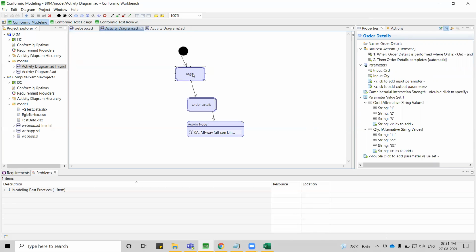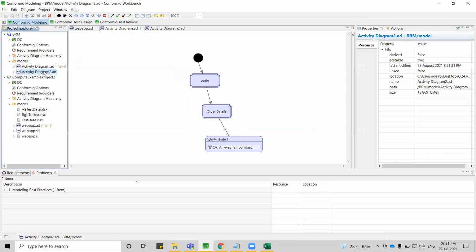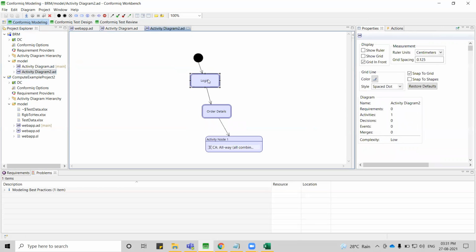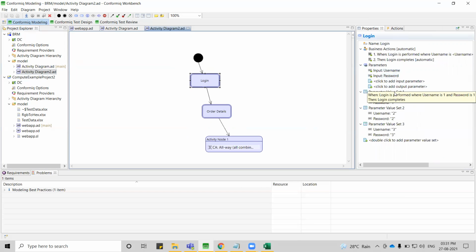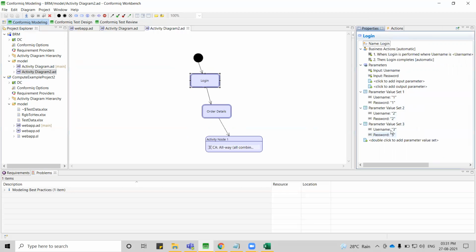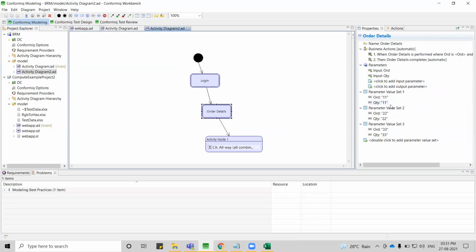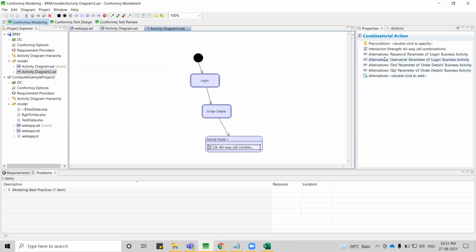Now instead of alternate values, let's say I use value sets: 3 value sets with username and password test data combinations directly, and order details also has 3 different sets of values. Let me go to alternatives.